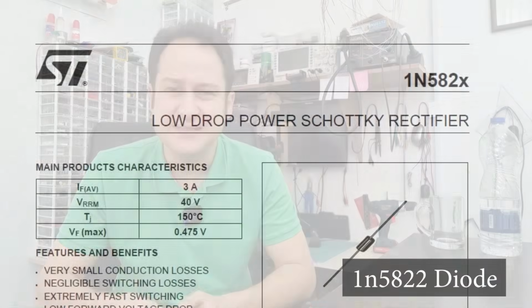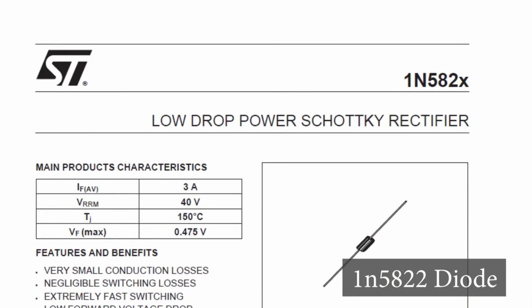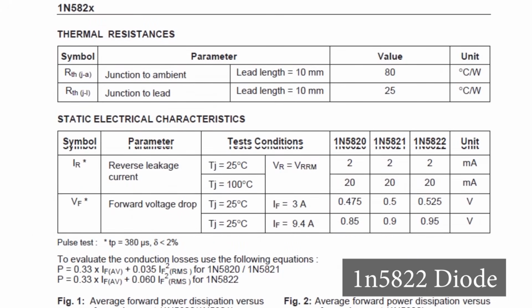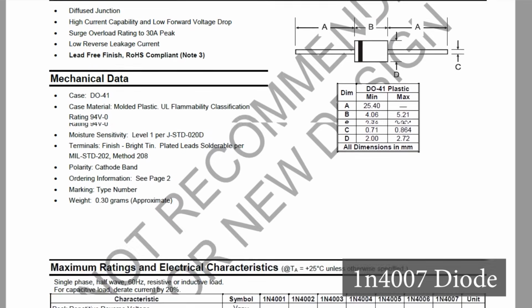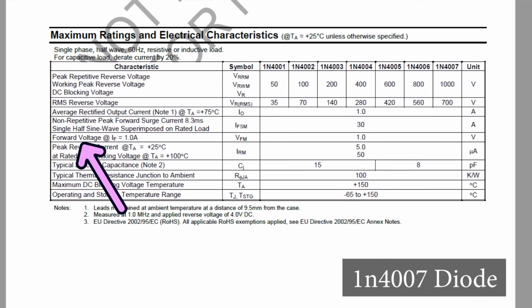The exact drop voltage is available on the datasheet of each part number. For example, look at this datasheet. The drop voltage of the 1N5822 diode at room temperature and a current equal to 3 amperes is 0.52 volt. And look at this one. The drop voltage of the 1N4007 diode at room temperature and a current equal to 1 ampere is 1 volt. And our last example,